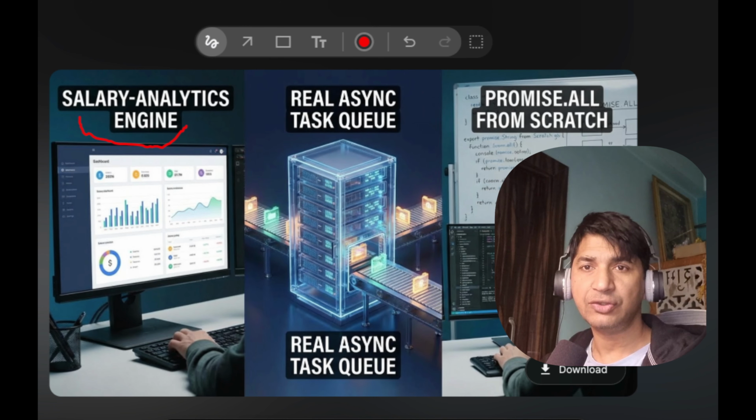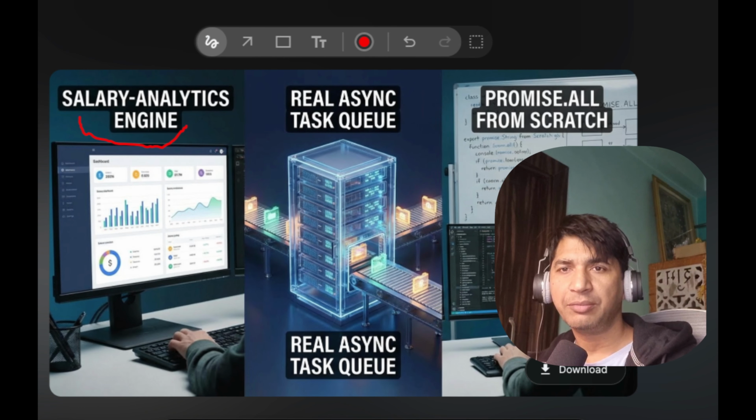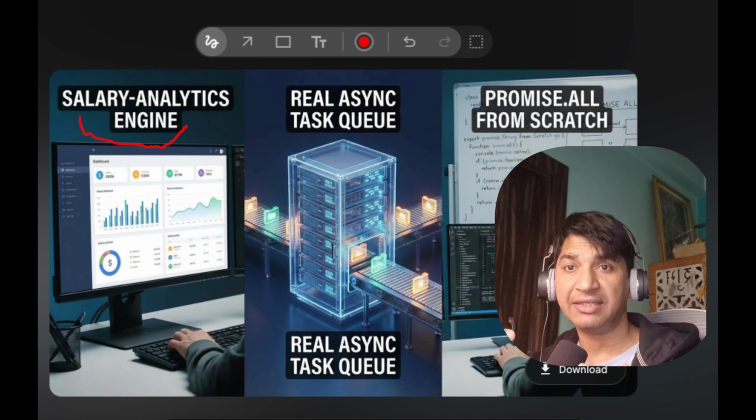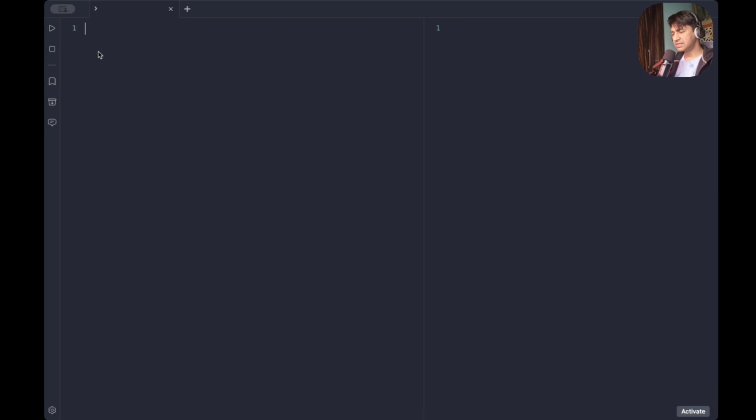Then we will build a real task queue with concurrency control. And finally, we will code Promise.all from scratch, exactly how it works behind the scenes. This is an episode you cannot skip. Let's just start. Let's start with today's first problem, that is